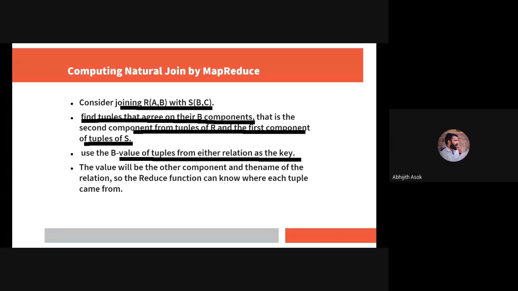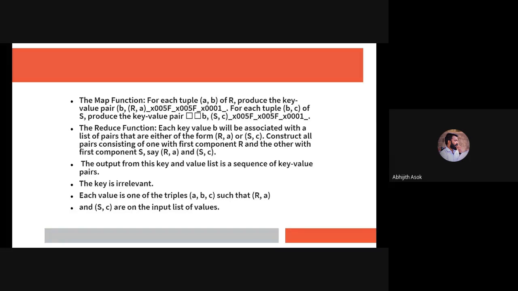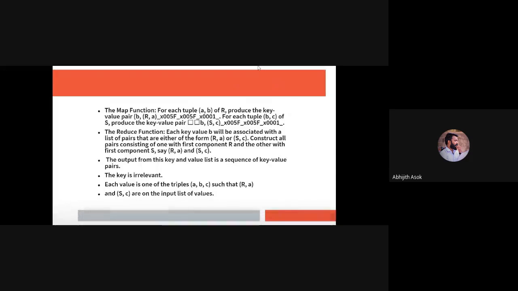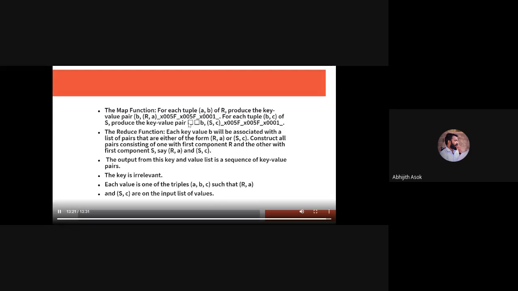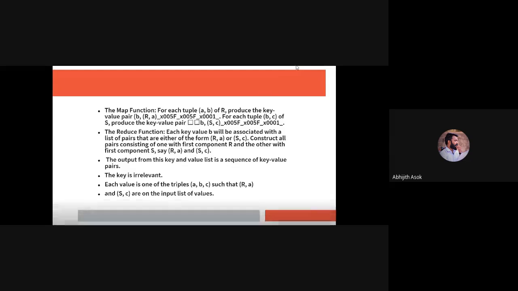The value will be the other component and the name of the relation, so the reduce function can know where each tuple came from. So the map function, for each tuple (A, B) of R, produces the key value pair B, (R, A). For each tuple